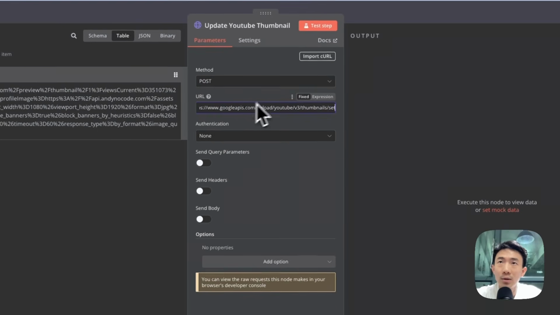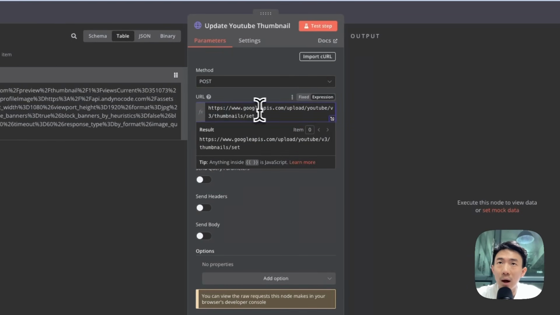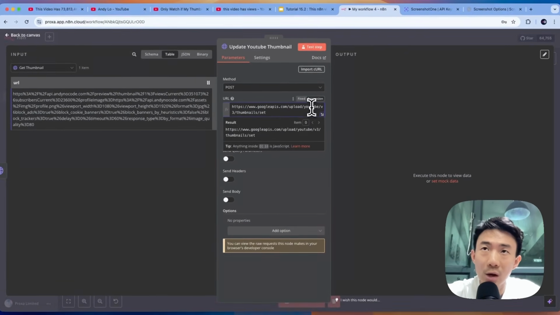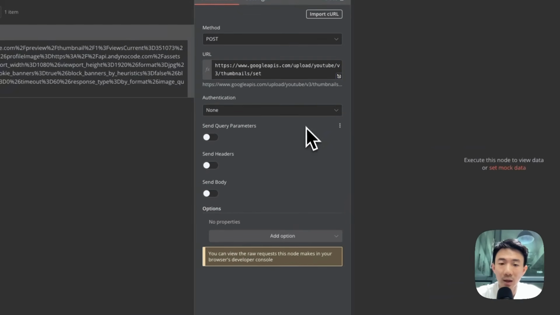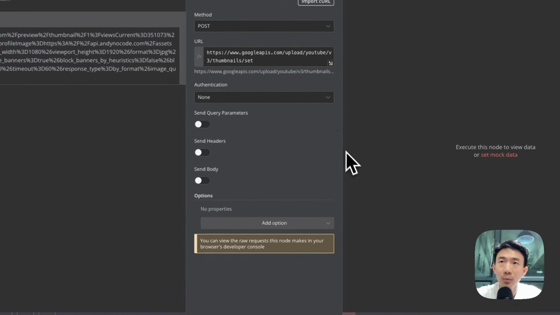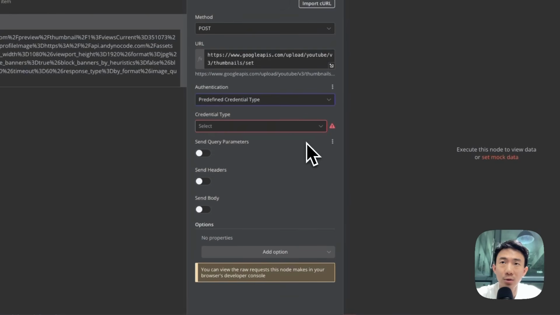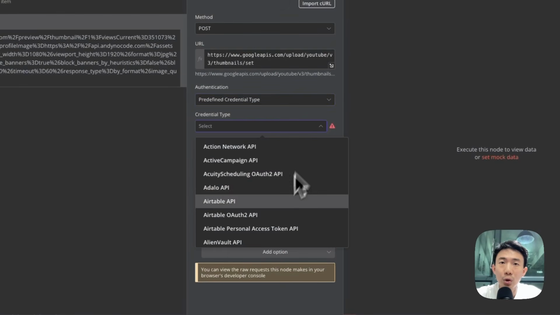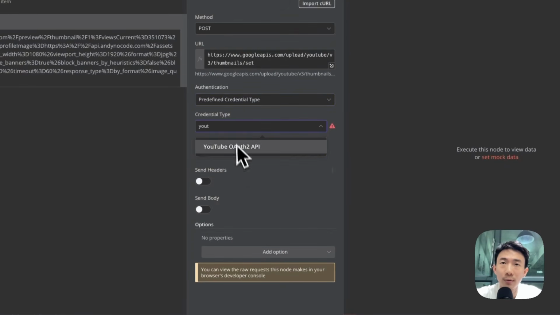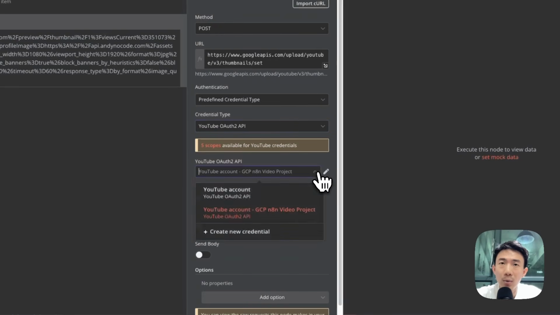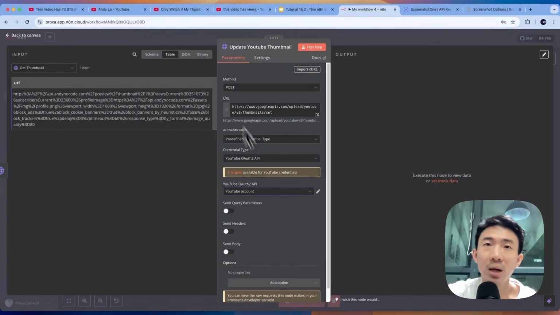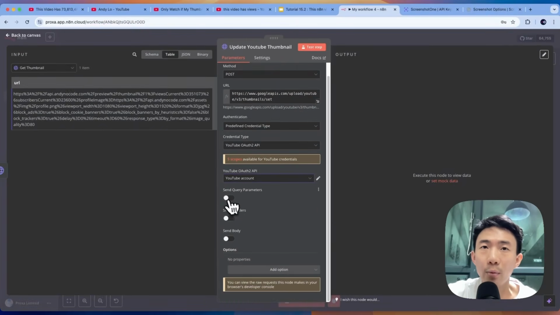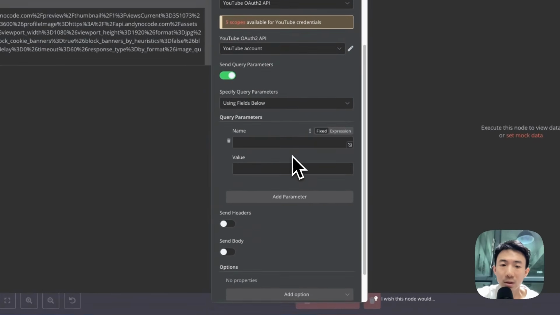You can just copy and paste this. googleapis.com/upload/youtube/v3/thumbnails/set. For the authentication, we choose predefined credential type, and we choose YouTube OAuth 2 API, and then we can choose the YouTube account, the OAuth 2 API that we just created at the beginning, which is the same as the previous ones. And we will enable query parameters